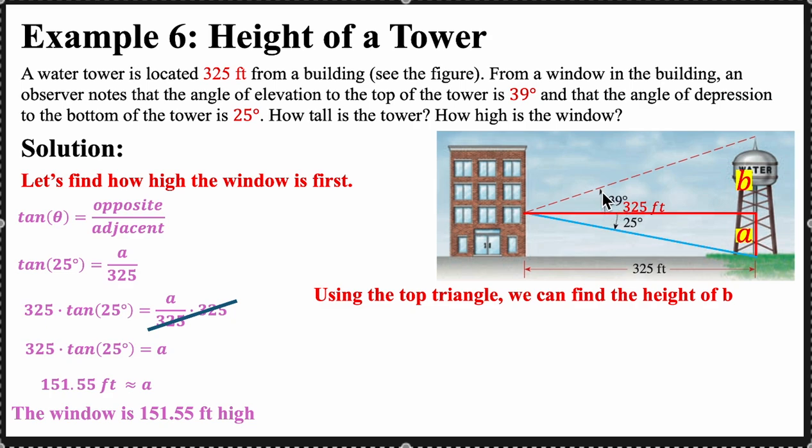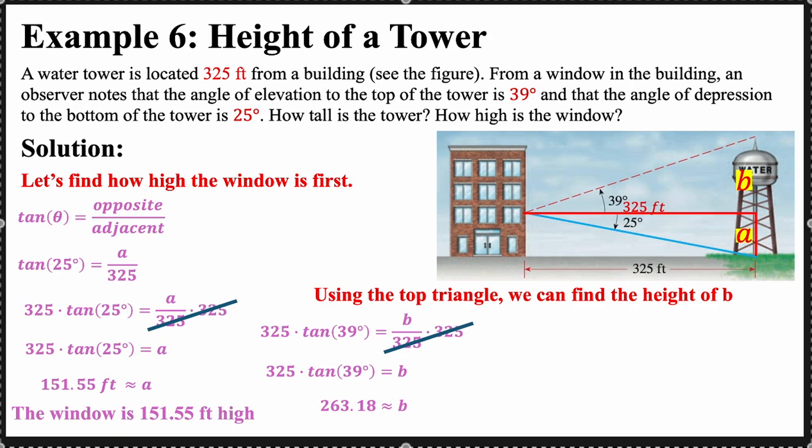But in this case, we're going to use the tangent of 39 equals opposite B over 325. Same process, multiply both sides by 325. 325 cancels. B is going to be equal to 325 times the tangent of 39 degrees, which is approximately equal to